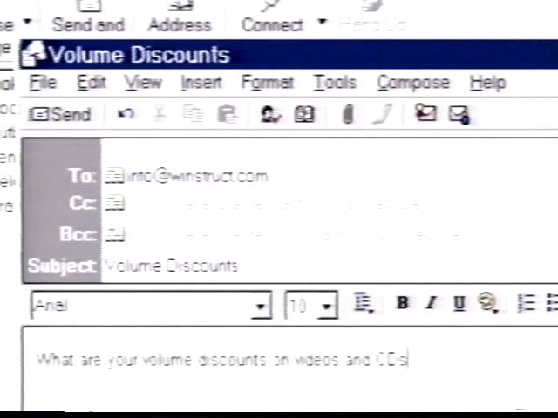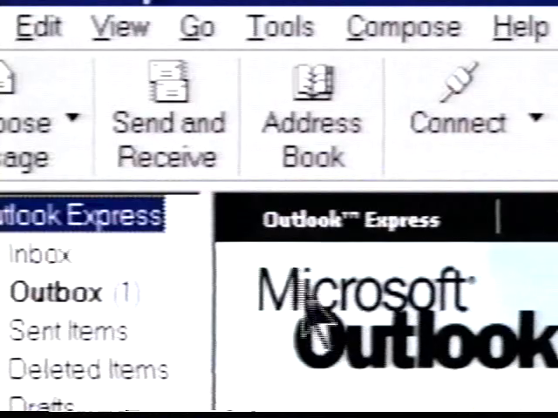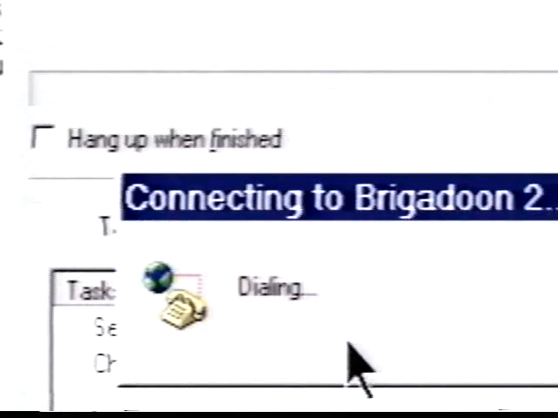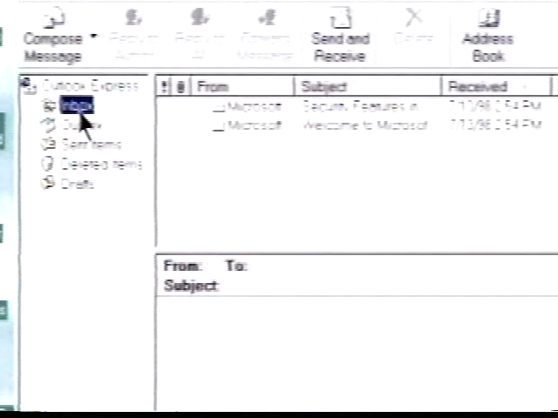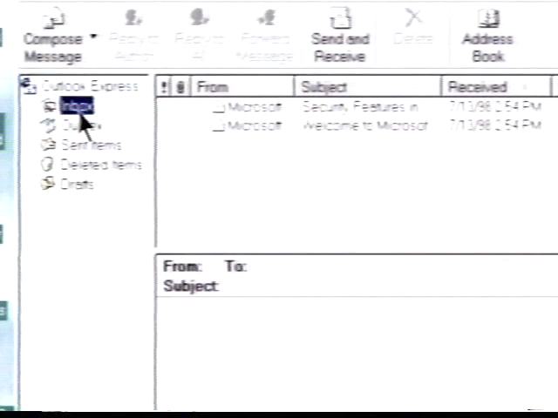Okay, now the message is ready to send, so you can click the Send button. However, it won't actually send until you connect to the Internet. And to do that, you need to click on the Send and Receive button. When you click Send and Receive, all the messages in your outbox are sent out, and any new messages arrive in your inbox. On the right, in the top pane, you can see the list of messages that have arrived